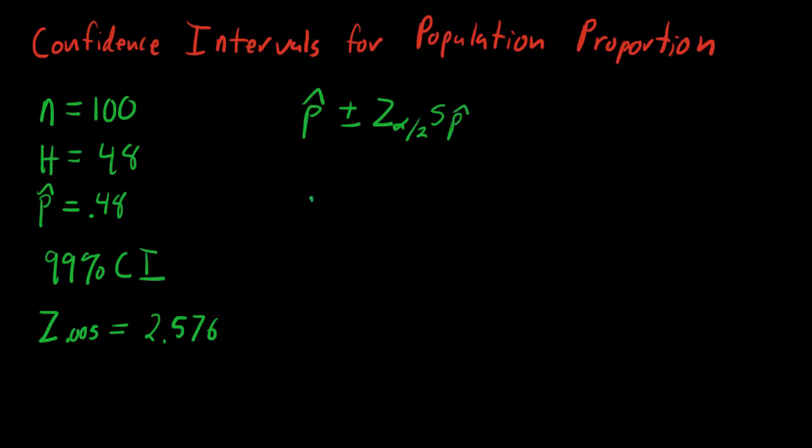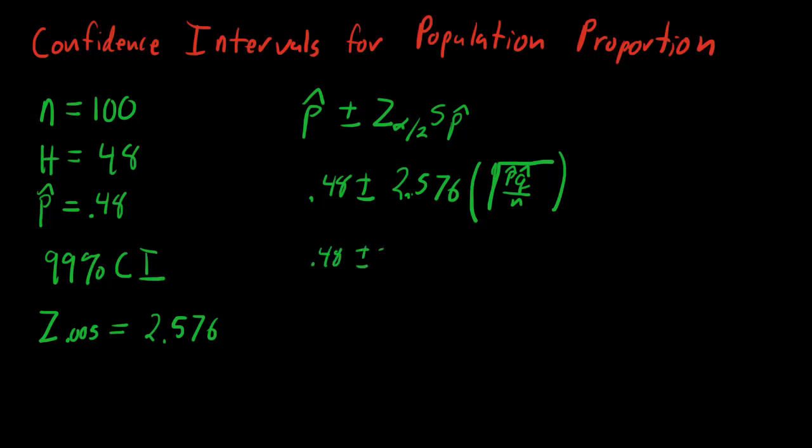So we get p hat is 0.48, plus or minus our z value of 2.576, multiplied by s of p hat, which is equal to the square root of p hat times q hat over n. So we get 0.48 plus or minus 2.576 times the square root of p times q, or 0.48 times 0.52